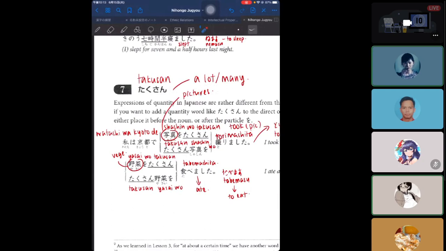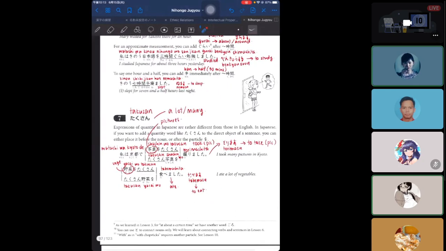So that is how you use たくさん. 質問ありますか？大丈夫ですか？